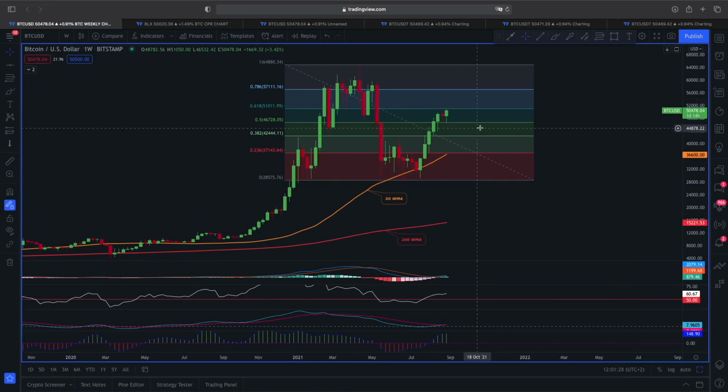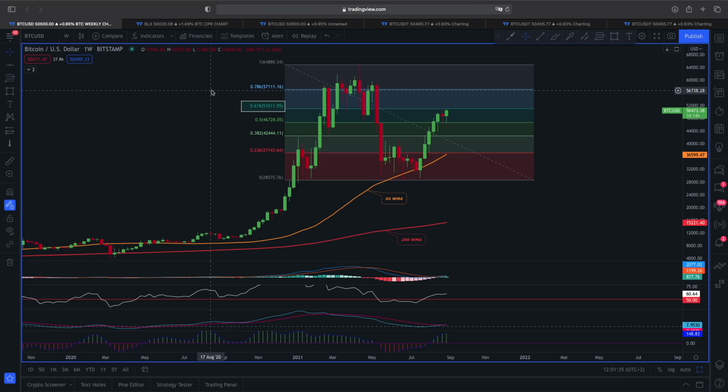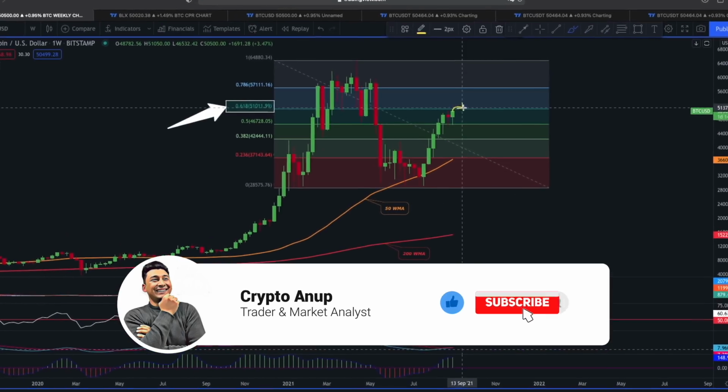So since the price of Bitcoin came exactly at our price target of this 0.618 Fibonacci line, now what to expect next for Bitcoin? Because yesterday we were calling this price movement at least around this 0.618, which was around 51,000, and exactly when we reached this 51,000 price range, we also saw some sort of a pullback scenario. But now, since the price of Bitcoin is trying one more time to continue this rally and also break this 0.618 resistance and flip it to support, if that is going to happen, right, then we are ready for